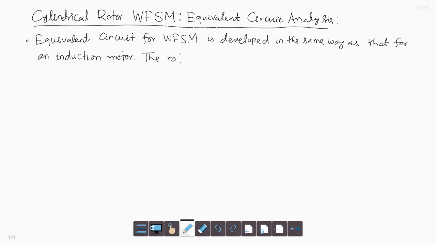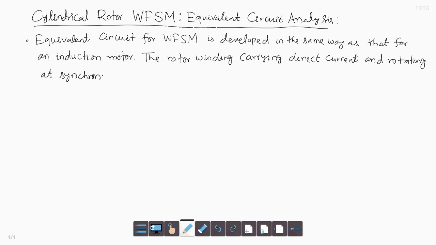So, the rotor winding carrying direct current and rotating at synchronous speed is shown below as a transformer